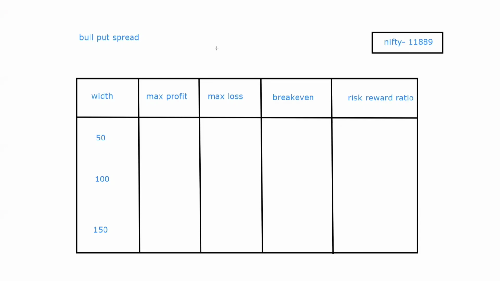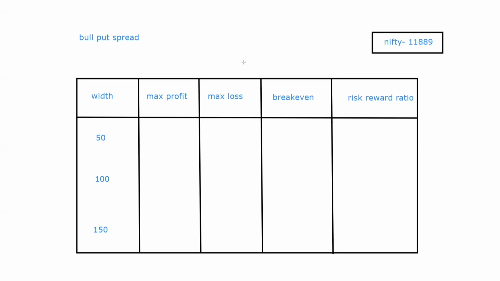You can also take an example of a bear call spread, which is also a credit spread. But we have done a bear put spread in the previous video. So now I am taking a bull put spread. In the previous video you could have done a bull call spread as well, which is a debit strategy. But since I did a put spread in the previous one, I am taking a put spread in this one too. So previous was bear put, this is bull put.